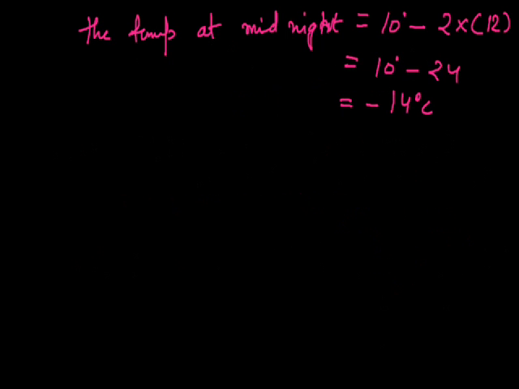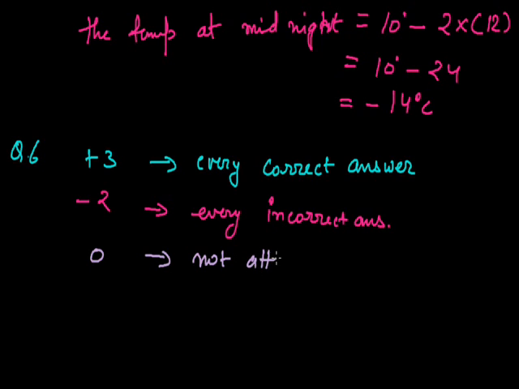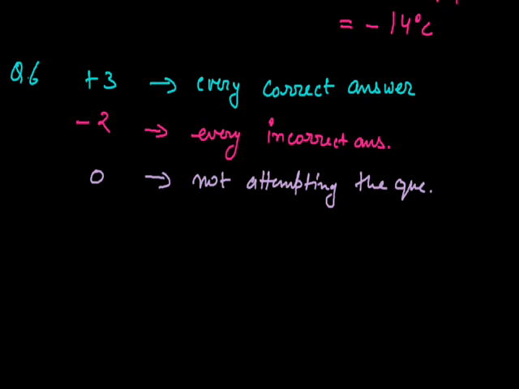Now the sixth question is that in a class test, plus 3 marks is being given for every correct answer, and minus 2 marks are being given for every incorrect answer, and 0 marks is being given for not attempting the question. Now in the first part of the question it is being asked that Radhika got